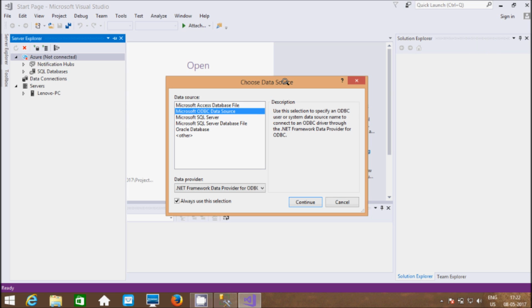Next is Microsoft ODBC data source. Use this selection to specify an ODBC user or system data source name to connect to an ODBC driver through the .NET Framework data provider for ODBC.